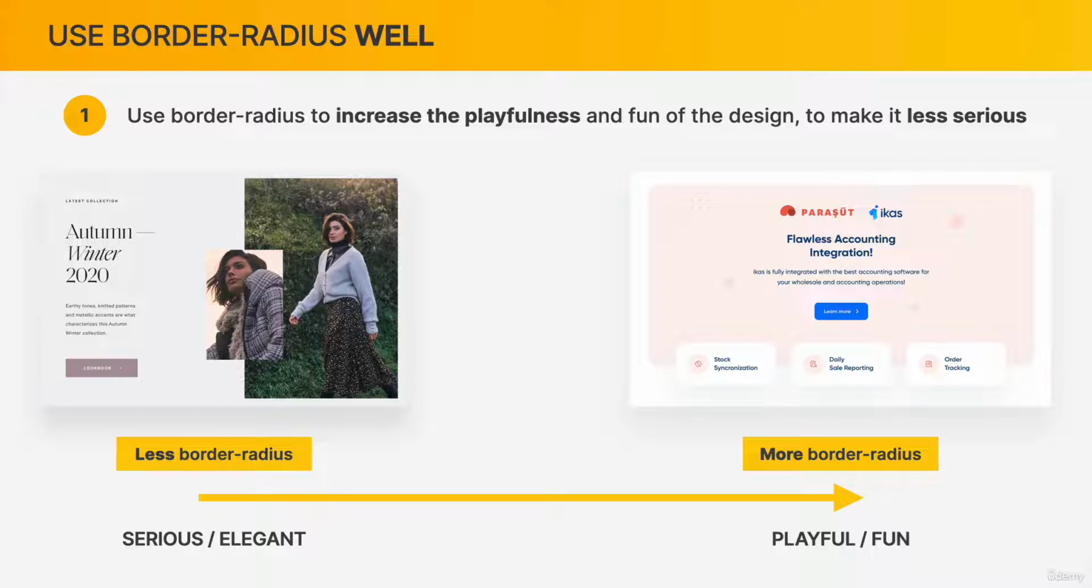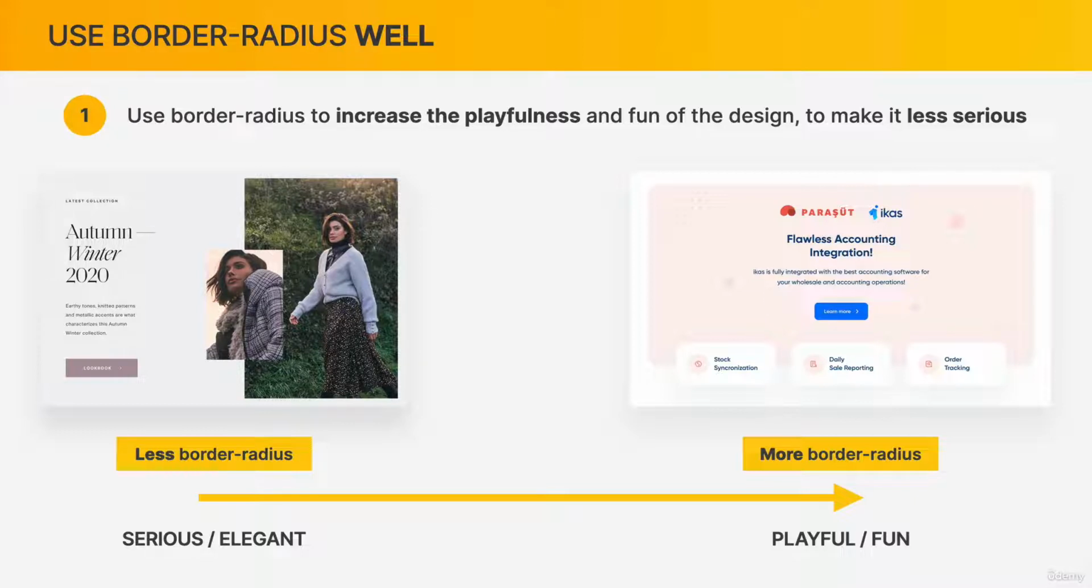And so I think that you can agree that this design on the right side looks a lot more playful and a lot less serious than the one on the left side. Now, of course, there are also other factors that play into that perception, like the typography and the colors that are used on the left side. But nonetheless, border radius is still a very important ingredient that we can use to make any design look less serious, or, on the other hand, if we simply don't use it, we can make a design look more serious